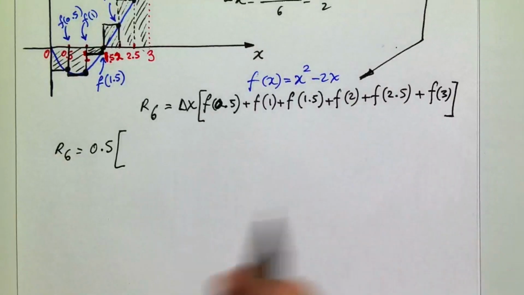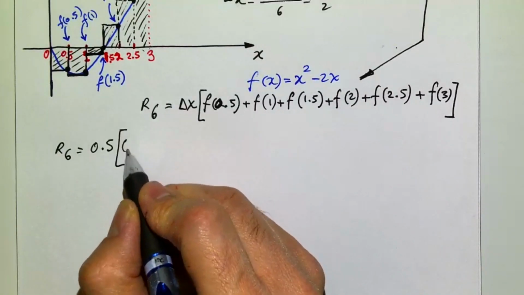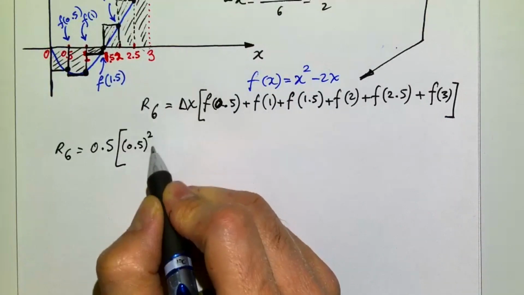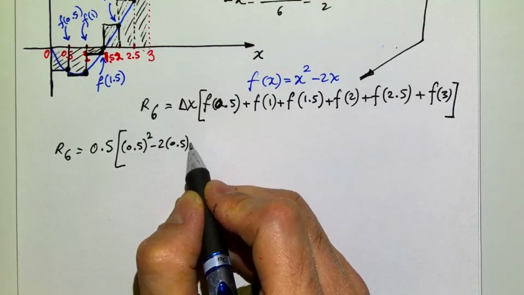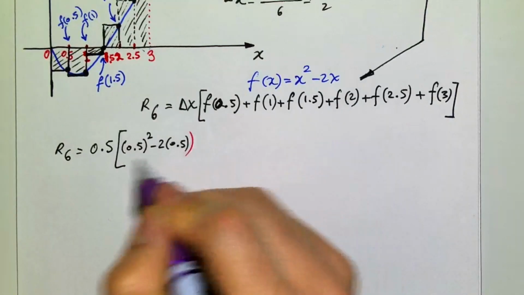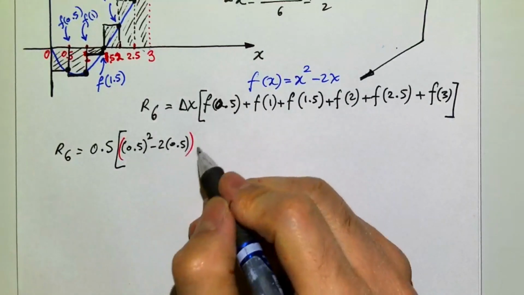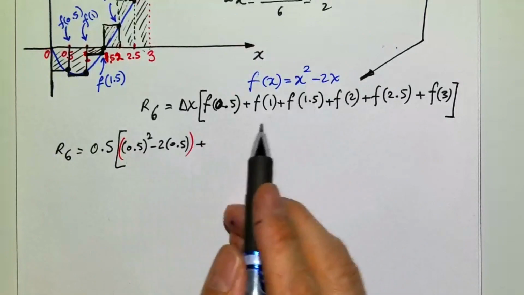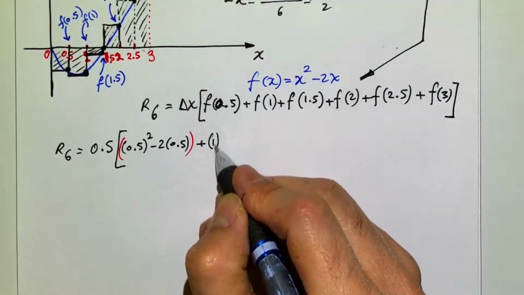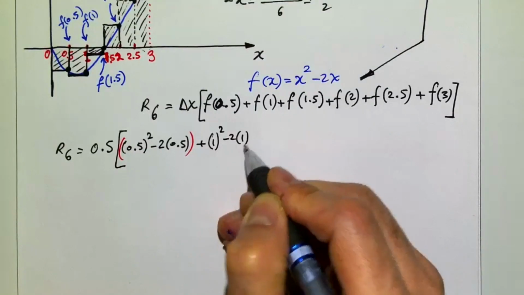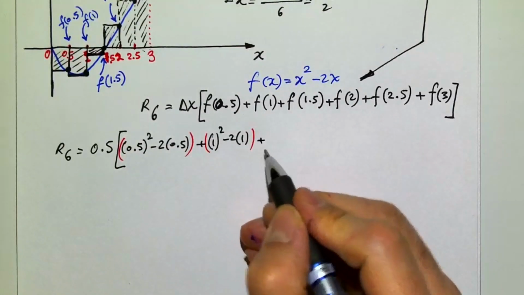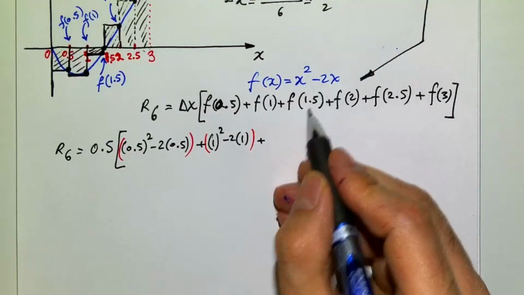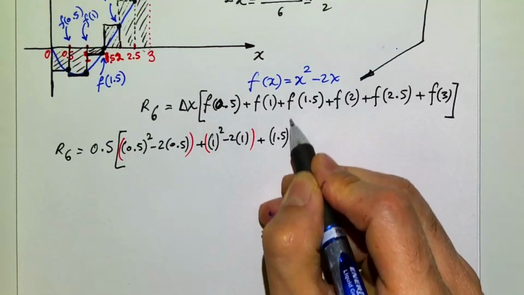So I hope I can fit it all here. So we have 0.5 squared minus 2 times 0.5, and that's just that, plus that function evaluated at 1 squared minus 2 times 1, like that, plus that function evaluated at 1.5,